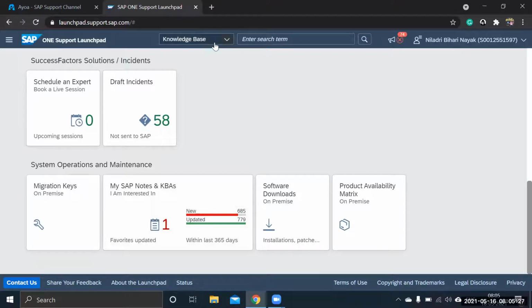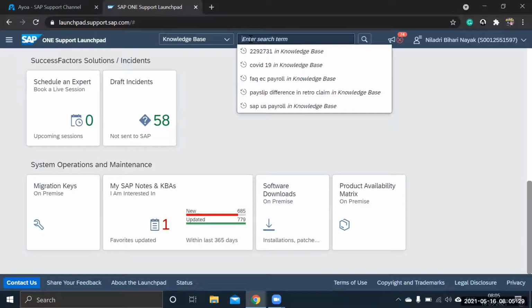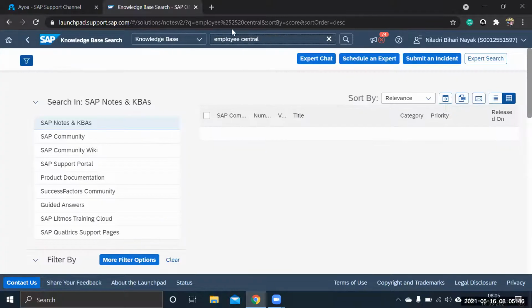Suppose I want to search any knowledge based article, let's say related to Employee Central. Some kind of error I'm getting. Ideally, you will be searching in Google and it will take you to this particular launchpad. Then you have to come here.